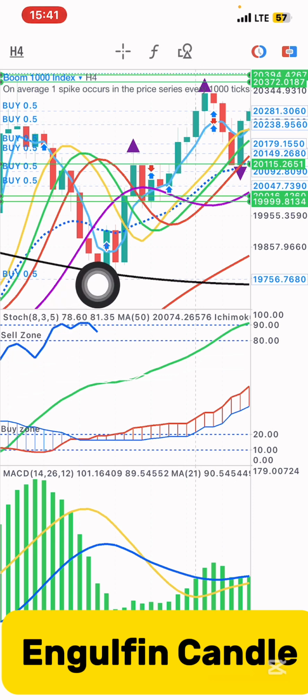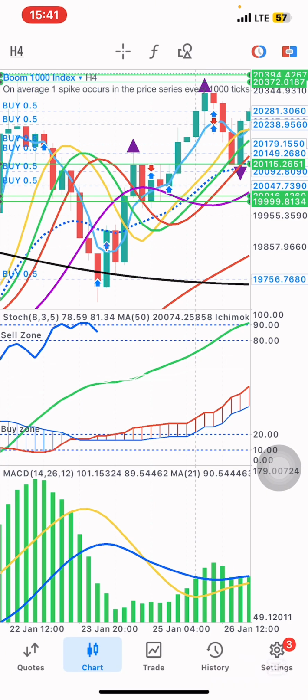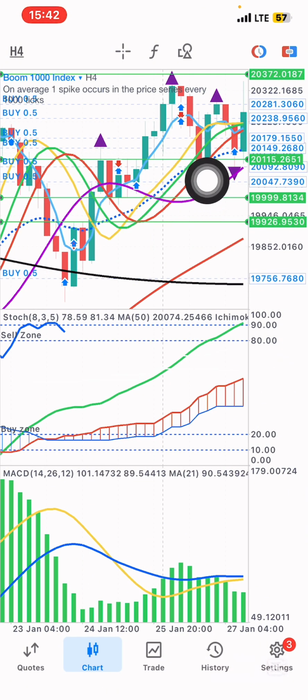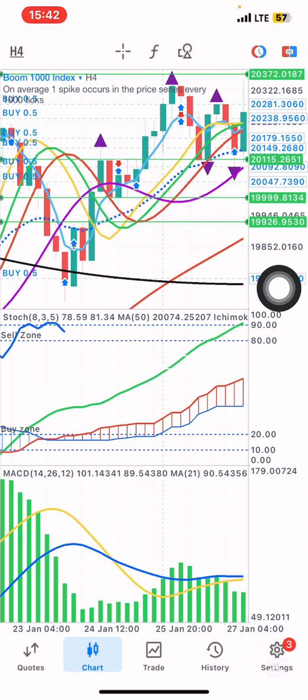Look at it. See this red candle. See this green candle. This green candle has engulfed. Engulf means it covers the whole body. Both the top and the bottom of that candle is covered. This one too, the second engulfing, covers both the top and the body. See another one here. See another one engulfing it. So whenever price engulfs a candle,